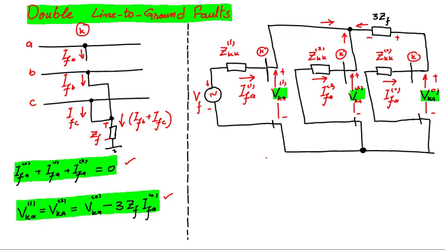Now we can use this circuit to write an equation to find out the three sequence currents, because once we have the three sequence components of fault current, we can perform all other calculations for voltages and currents. We can see here the positive sequence component of fault current, this one, is equal to Vf pre-fault voltage divided by the equivalent impedance of the network. The equivalent impedance of the network will be ZKK positive sequence impedance in series with the parallel combination of these two branches.